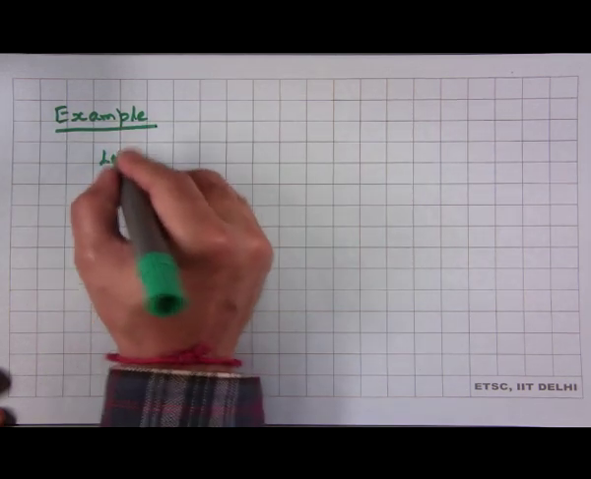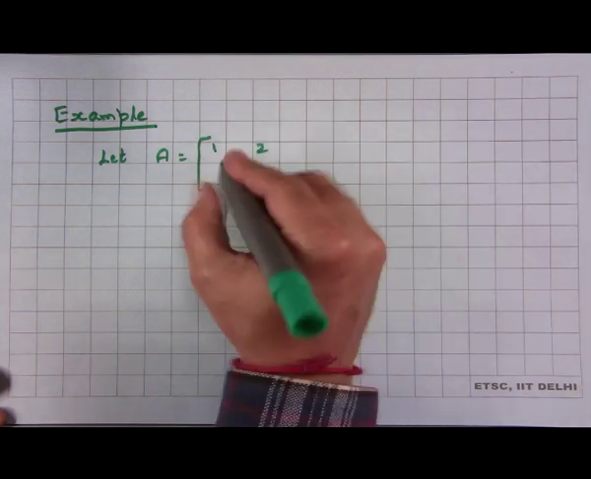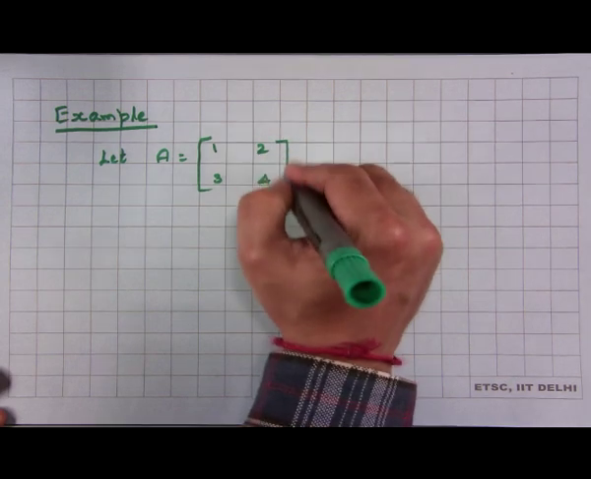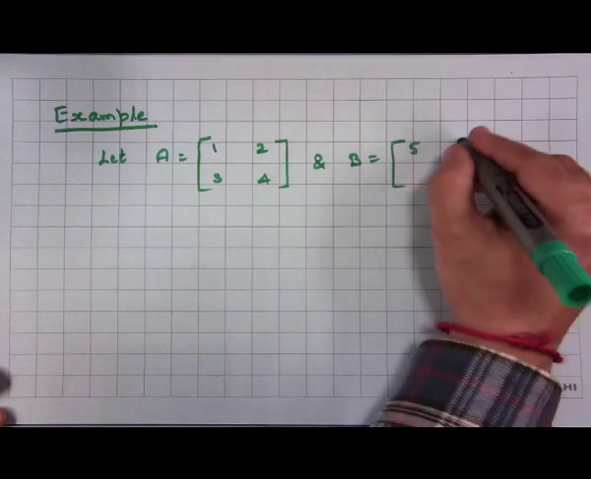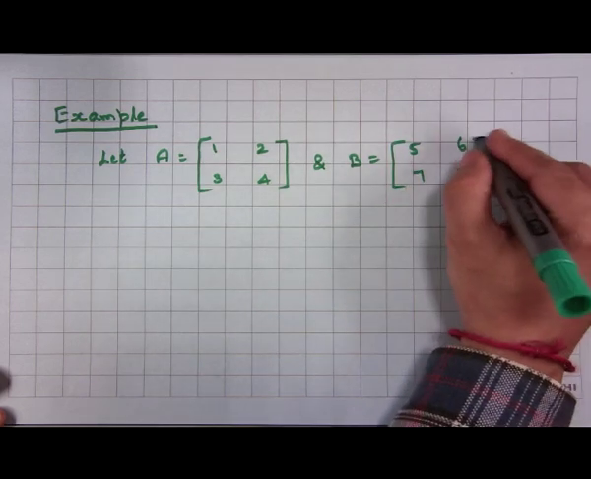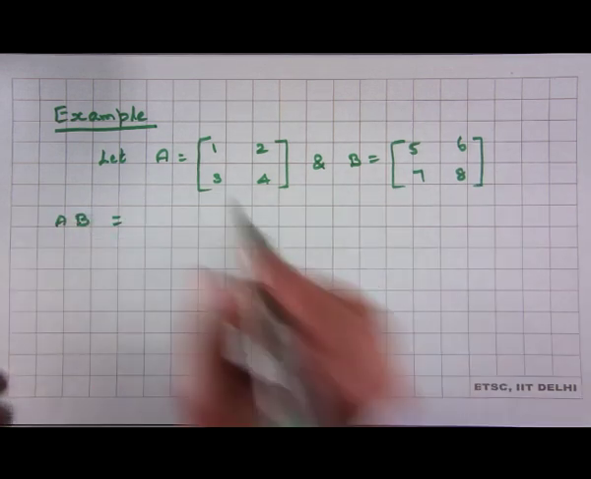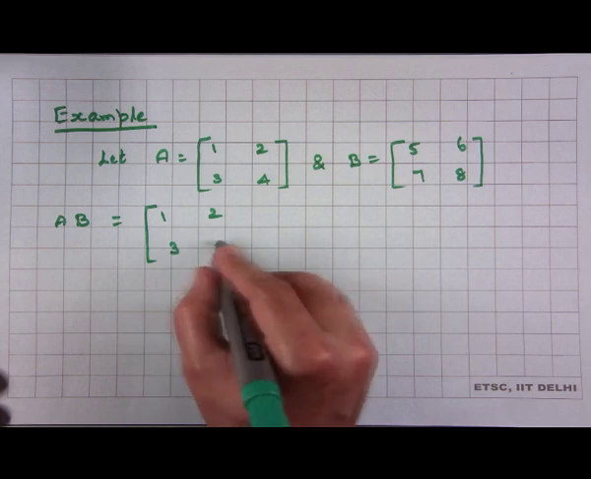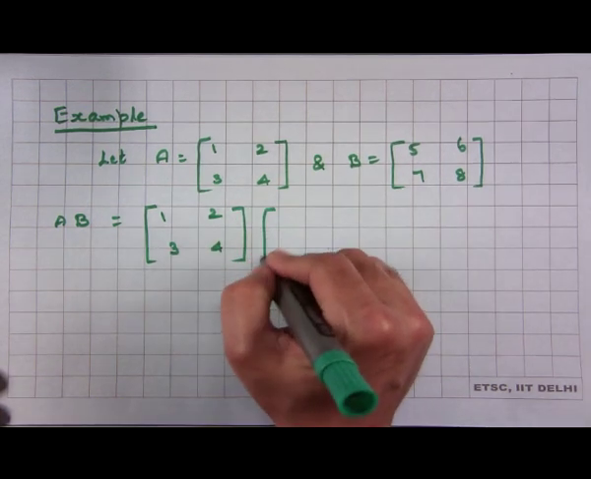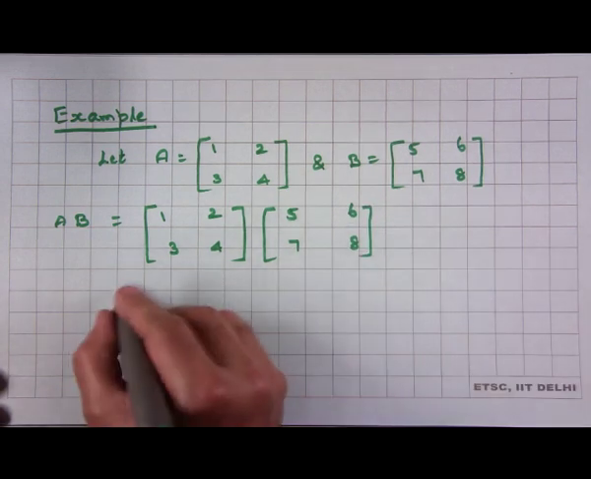Let us look at another example. Let A equal to 1, 2, 3 and 4, and let us choose B as 5, 6, 7 and 8. Now, let us try to compute AB, which is 1, 2, 3, 4 times 5, 6, 7 and 8, which is equal to